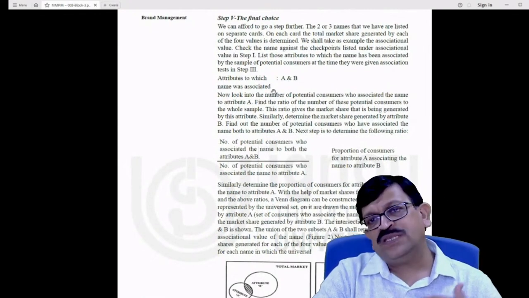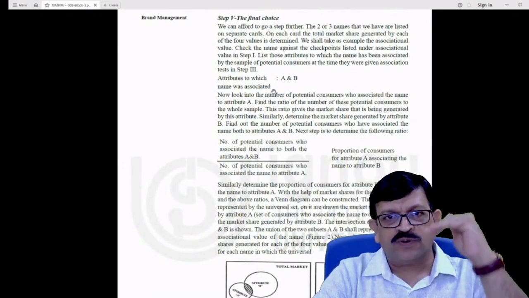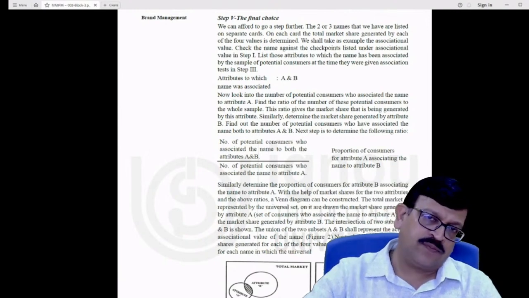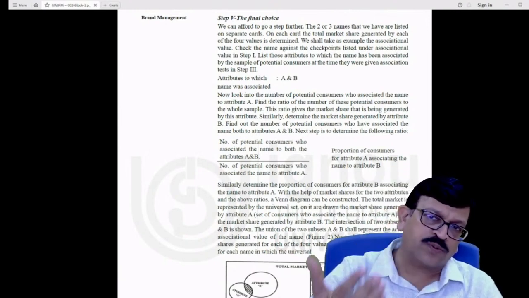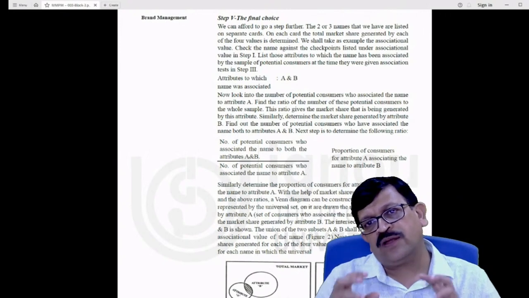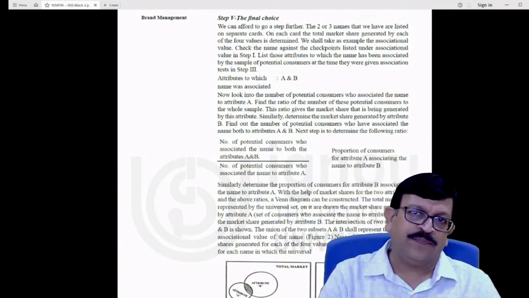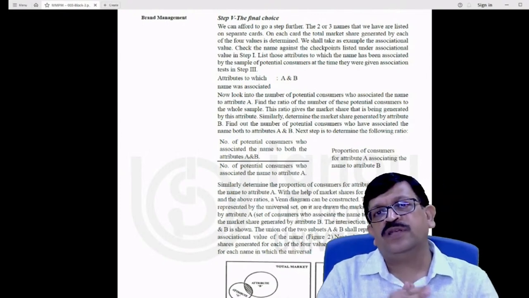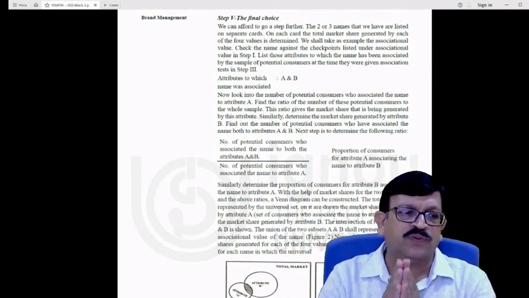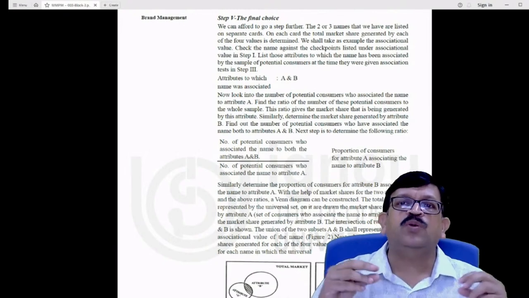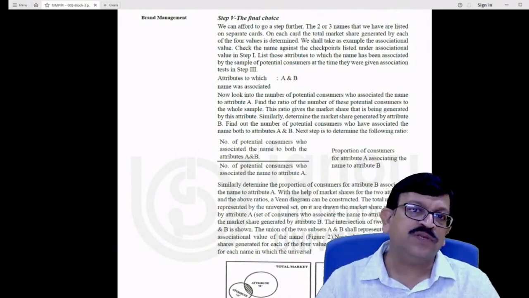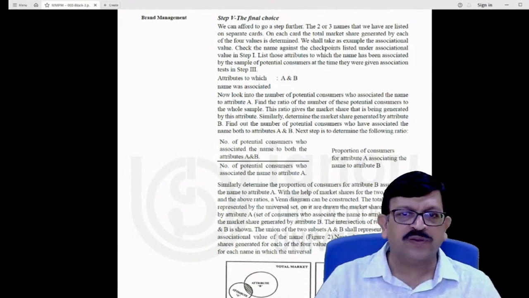Now you can go one step further. You can go further by slicing it, dicing it, and make it from 8 to 16, and you can find out where the names which you are suggesting lie. But our objective is to find out the right kind of name. So we will talk in terms of only the right name, maybe 2 or 3 which are listed out, and try to see what are the attributes that are associated.